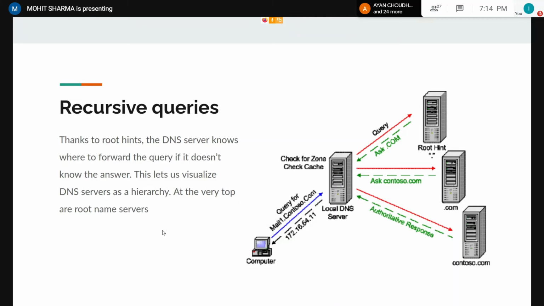So say, for example, you're looking for docs.google.com. So you have a subdomain, a domain, and then a domain extension, which is .com, which we refer to as a top level domain or TLD. The way a recursive query works is your local DNS server keeps on contacting other servers on your behalf until it finds the IP address that you're looking for.